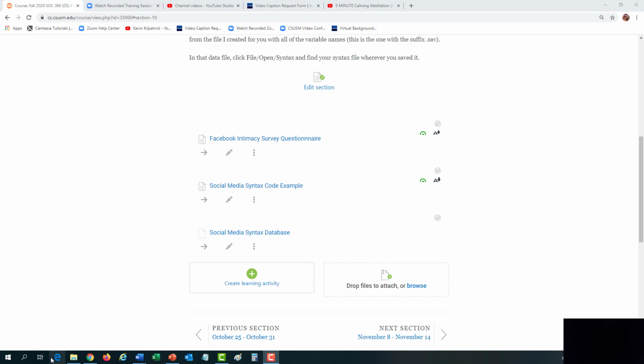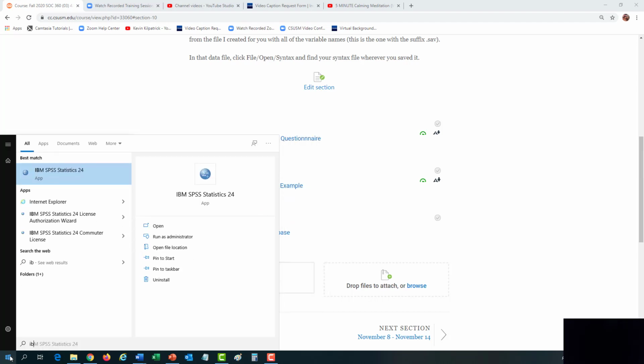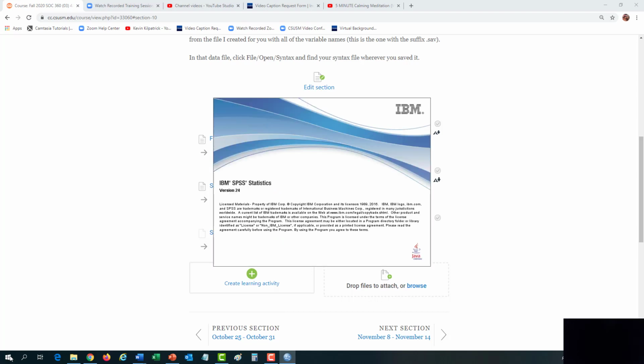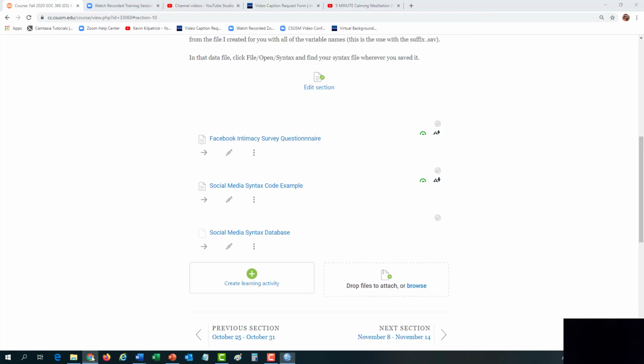So let us go down here to the start button, and I'm going to click it and type IBM, and SPSS should pop up. So I'm just going to hit enter and wait for it to open. I hope that all of you were able to download SPSS. Makes your life so much easier. So I'm just going to close this introduction screen, and then I'm going to go back to the class, and